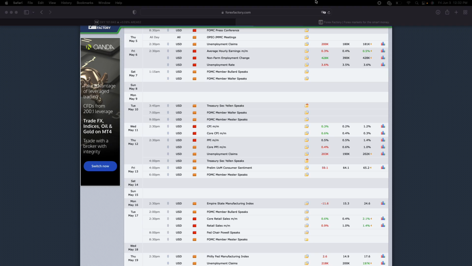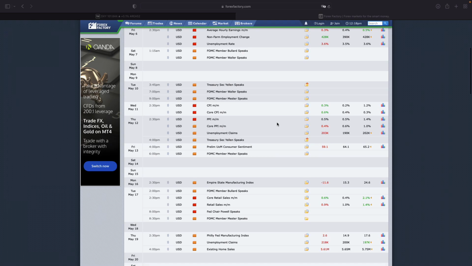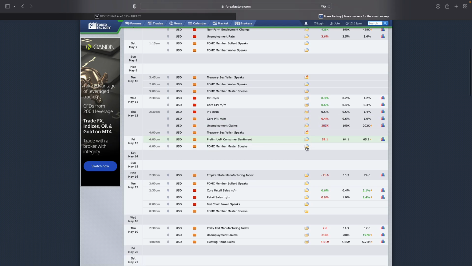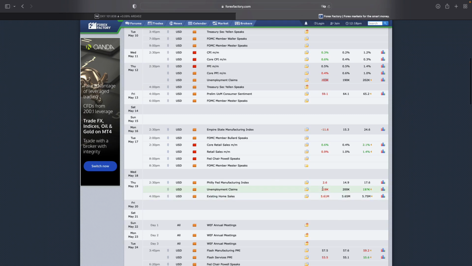What's the time now? Well, it's 12:32, so we still have an hour and a half, we still have enough time. We're going to start with unemployment claims for May. We can see that throughout May the figure was higher. Higher is not good because that means more people had lost their jobs and filed for unemployment benefits. So that's bad. Next up, we have the unemployment claims over here, which were also higher, meaning that more people had filed for unemployment claims.